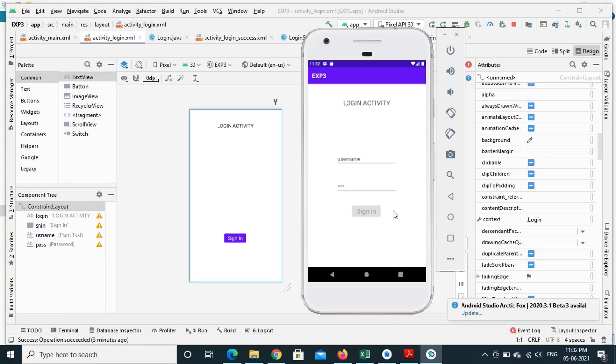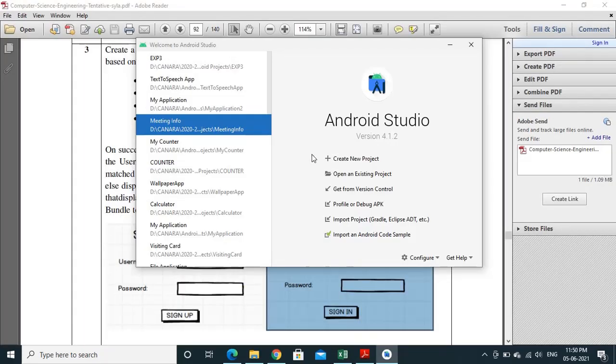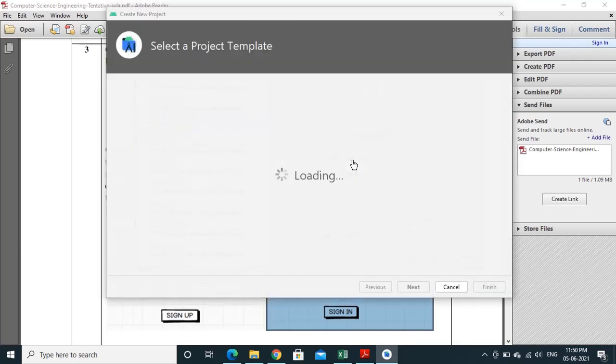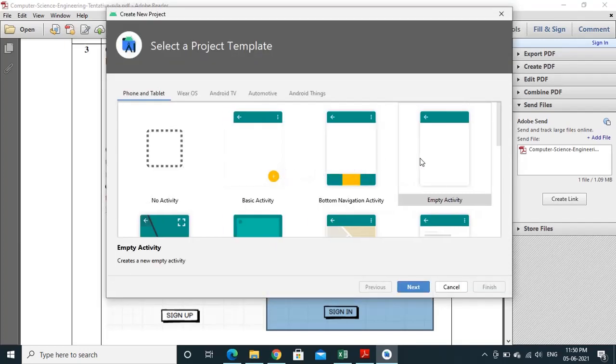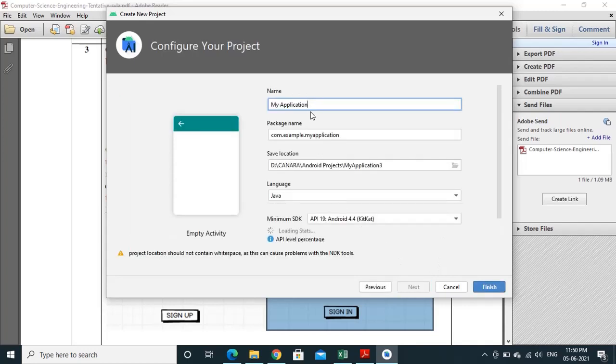Now let us see how exactly we can implement these things in Android. In order to create the application, create a new project. Select empty activity, click next, and give the name of the application.